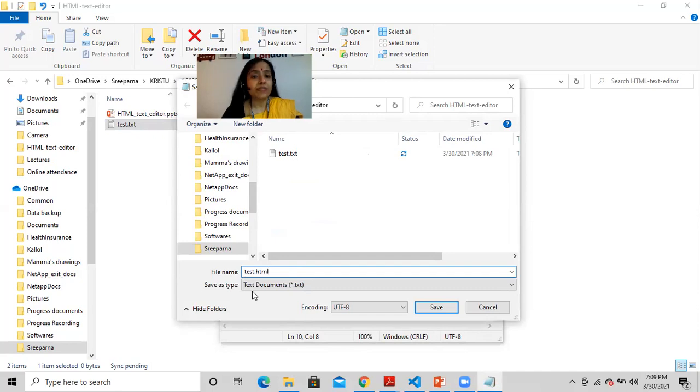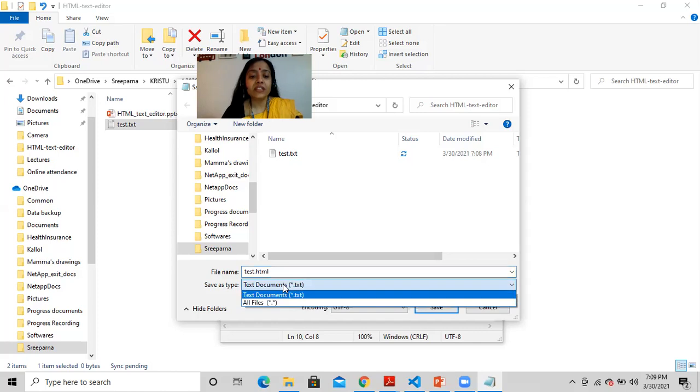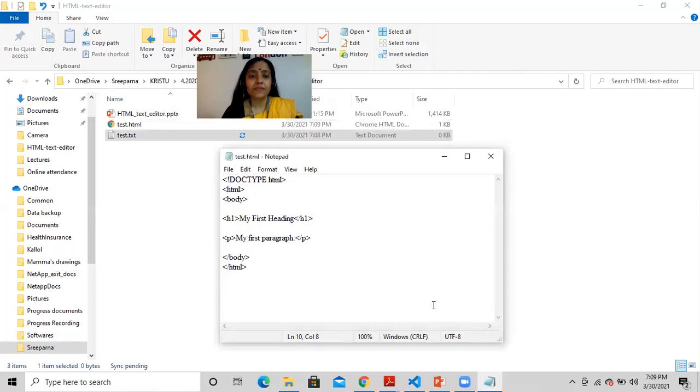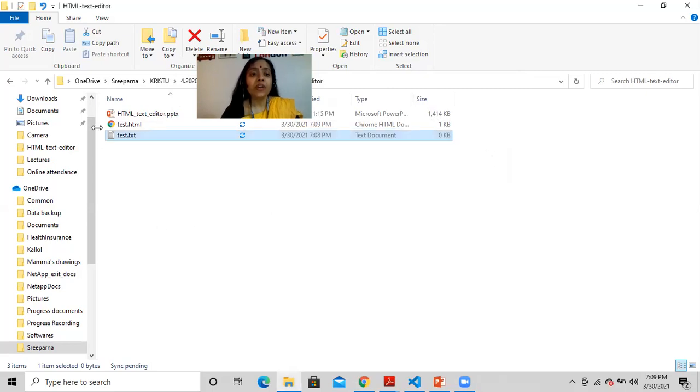And students, as mentioned earlier, don't forget to change the Save As type to all files. After you are done, click on Save. As soon as you click on Save, you can see the HTML file right here with the logo of Google Chrome.